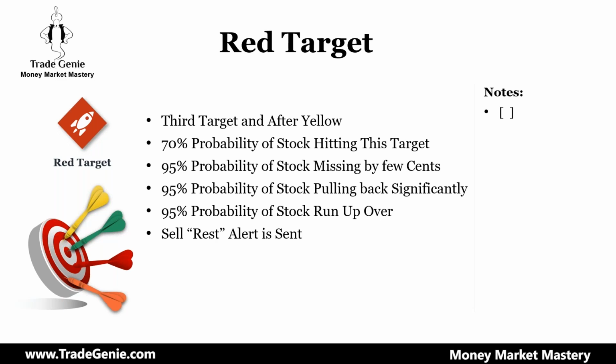You will say, okay, it's trading at 100. What are the chances of Meta hitting 101 tomorrow? You would say tomorrow 101 has a high probability, but 112 has a 70% probability, and the number of days you calculated was 6 and it turned out to be 9. So same concept: for the red target, the probability is 70%, and it will take some time for the stock